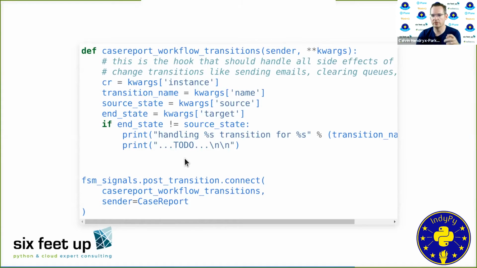This would be an example, for example, if you wanted to send email, or if you wanted to batch report and put them off into third-party auditing software, or if you're doing some kind of metrics or instrumentation, this would be a great way to instrument along the way as every workflow transition that modifies that object does it.